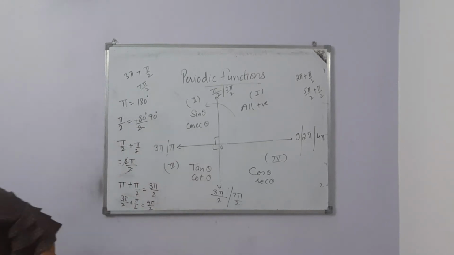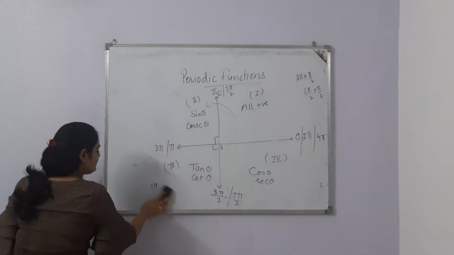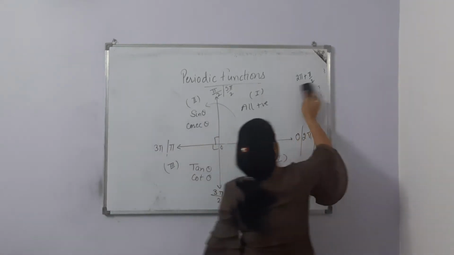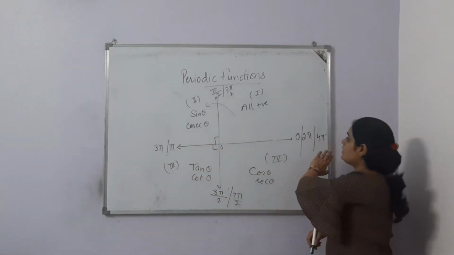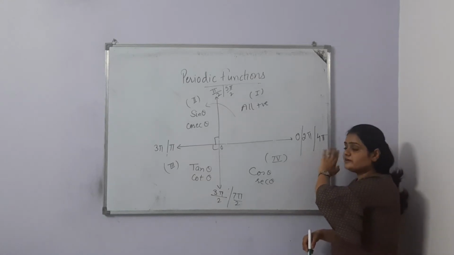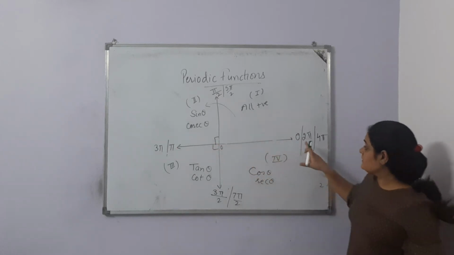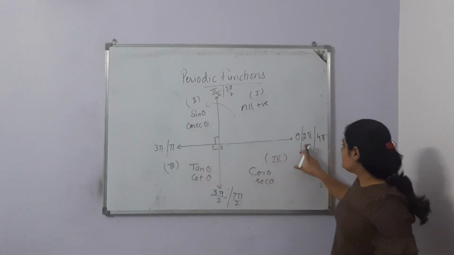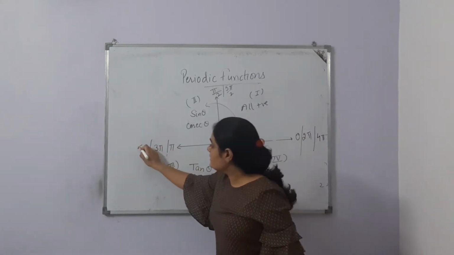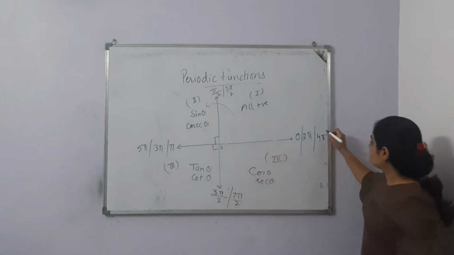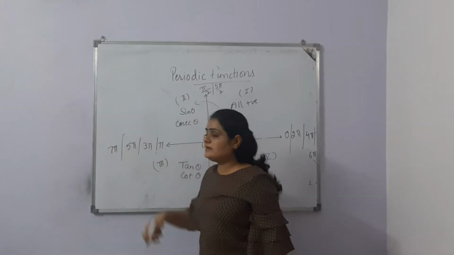That is why all the trigonometric functions are called periodic functions. Another thing: I am always adding pi by 2 and getting the next angle. That is the only thing that I am doing. But the shortcut way to get the angles is this. Here 0, I am just on the x-axis. Here 0, this is pi, 2 pi, 3 pi, 4 pi. The next angle will be 5 pi, then 6 pi, then 7 pi.